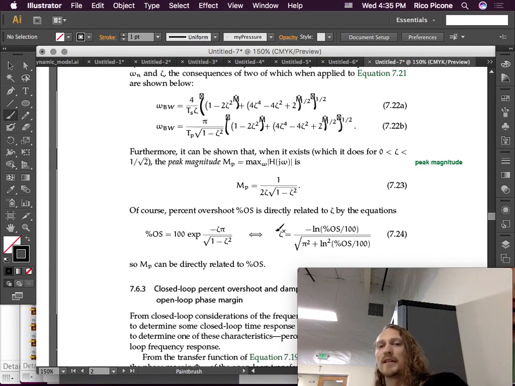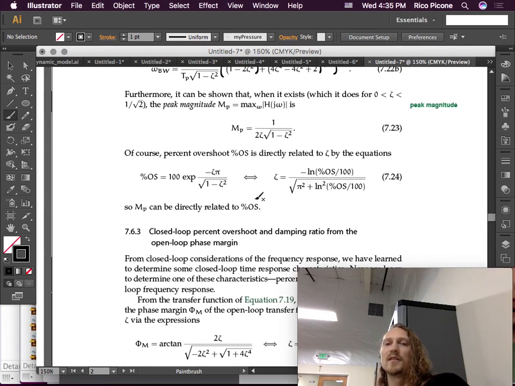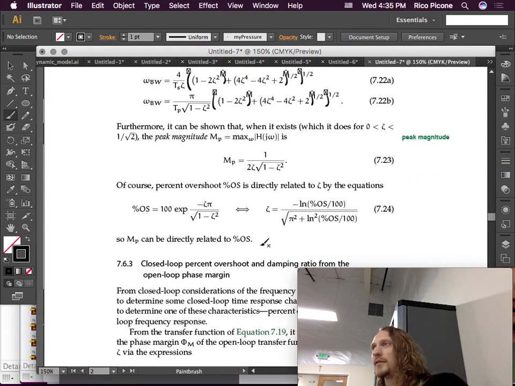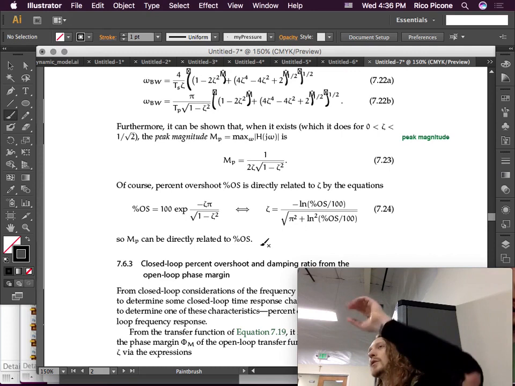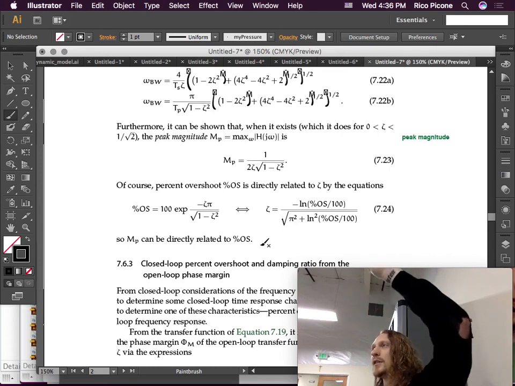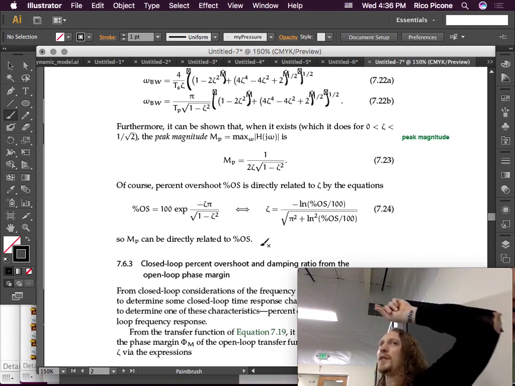If you just plug in zeta equals this into MP, which isn't very pretty, but it's a direct relationship. And so you can think about the percent overshoot as being directly related to the magnitude of that peak in your second order magnitude